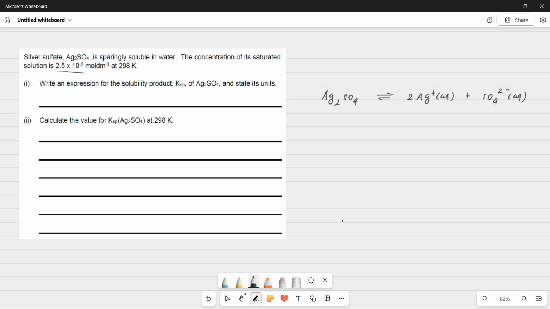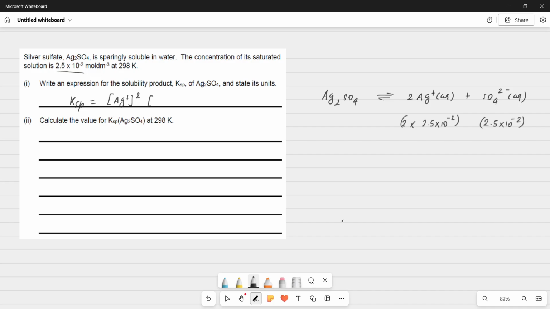Here it is 2 times Ag plus, so the concentration will be 2 times 2.5 into 10 to the power negative 2. Here it is only 1 time SO4 2 minus, so it is 2.5 into 10 to the power negative 2. So before I go further, I'll write KSP is equal to concentration of Ag plus to the power